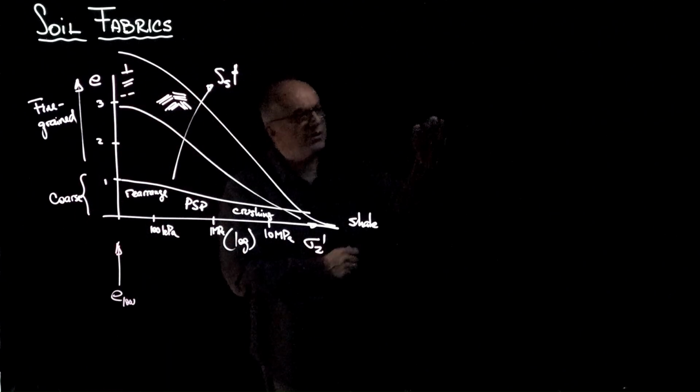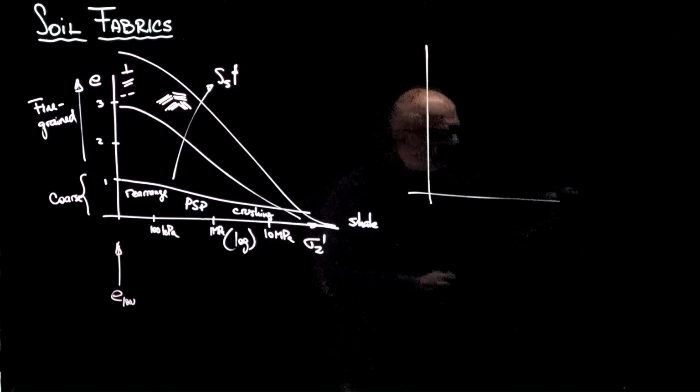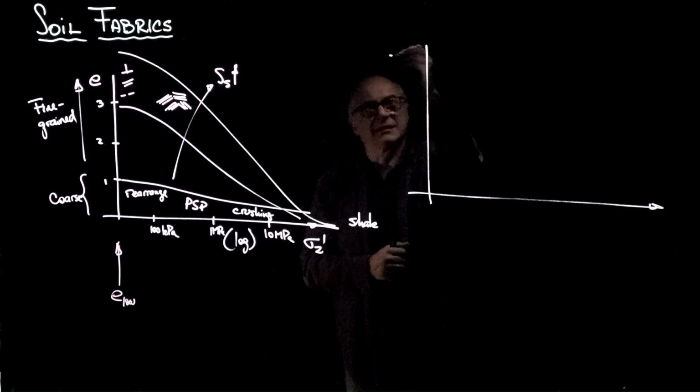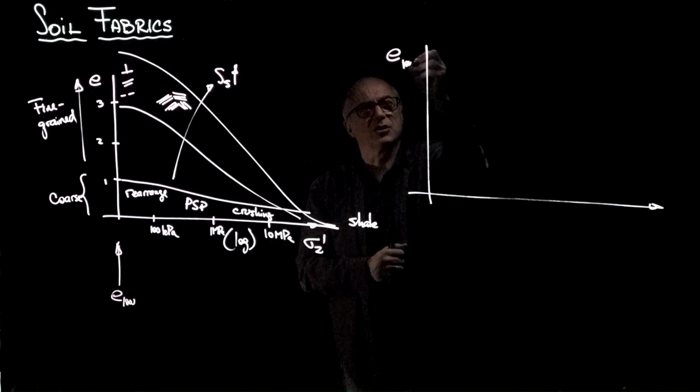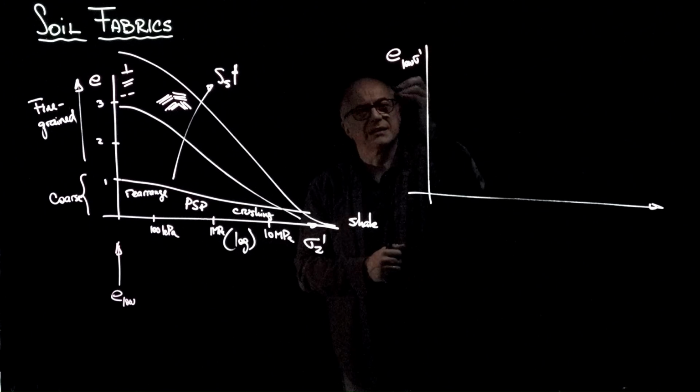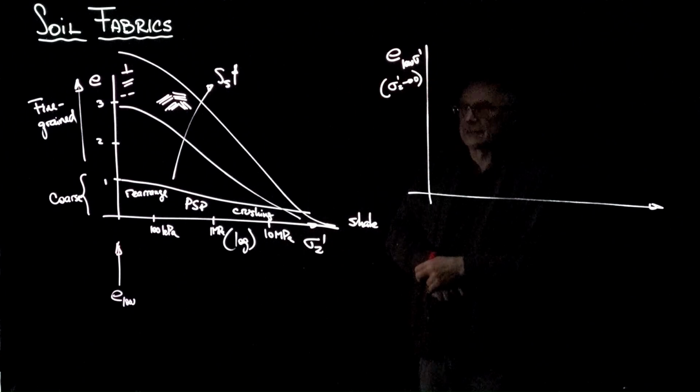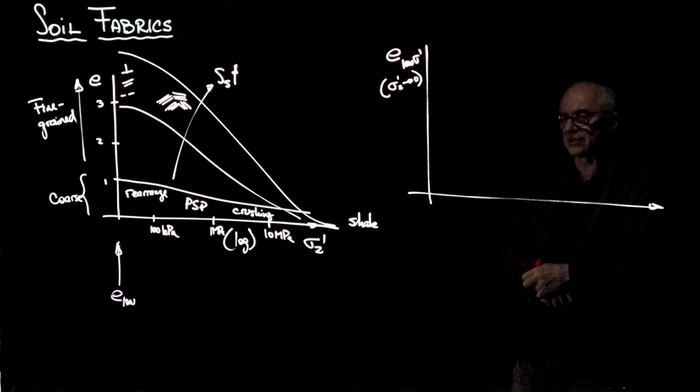If we plot versus specific surface or grain size, this is the asymptotic void ratio at low effective stress. As a matter of fact, as the effective stress goes to 0,